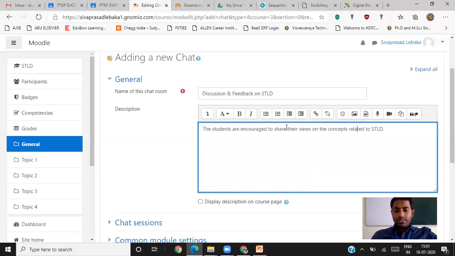As I told you in the section previously, this description can be supplied through some image, or through some audio file, or through some video file also. You can click on this one, which shows the HTML option, and through the HTML option also you can supply the description in this box.